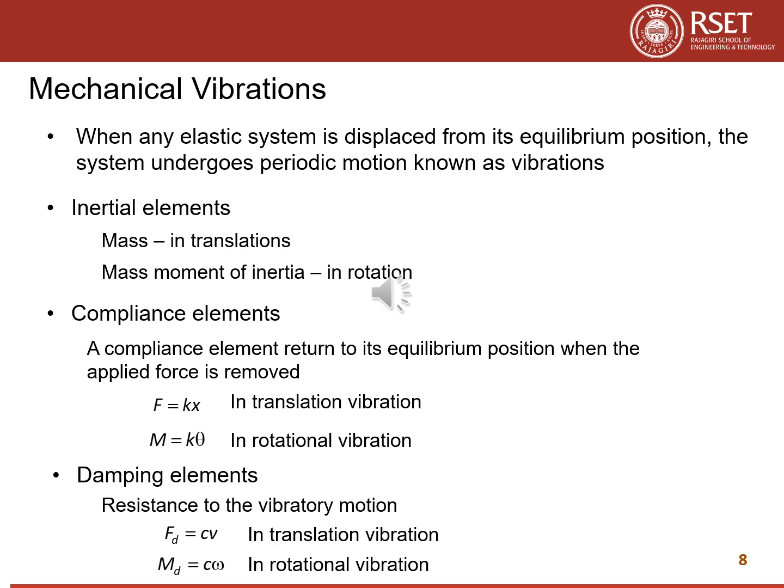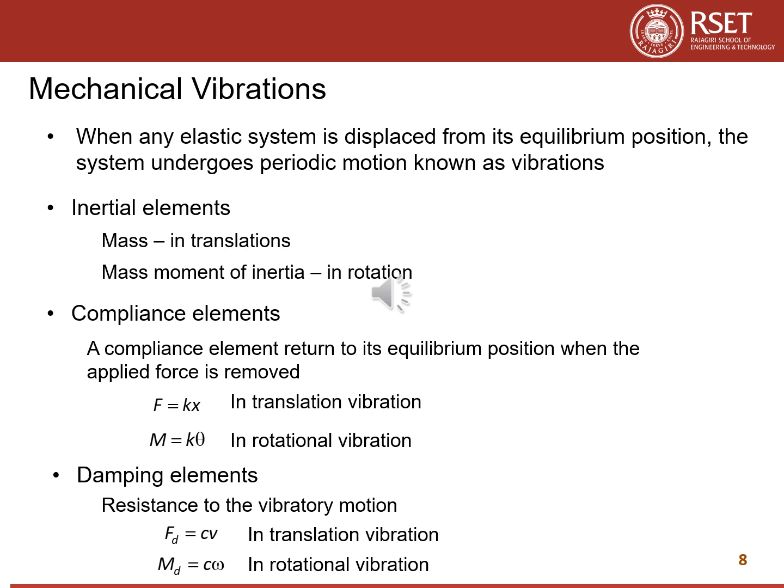In translation vibration, the damping force is given as Fd is equal to C into V, where C is the damping coefficient and V is the velocity. In rotation vibration, the rotational resistance Md is given as C into omega, where omega is the angular velocity. So we can represent any vibration in terms of mechanical components, that is, an inertial component, a compliance component,